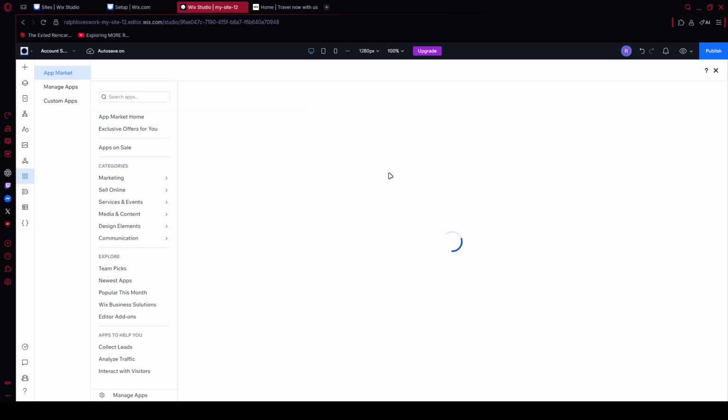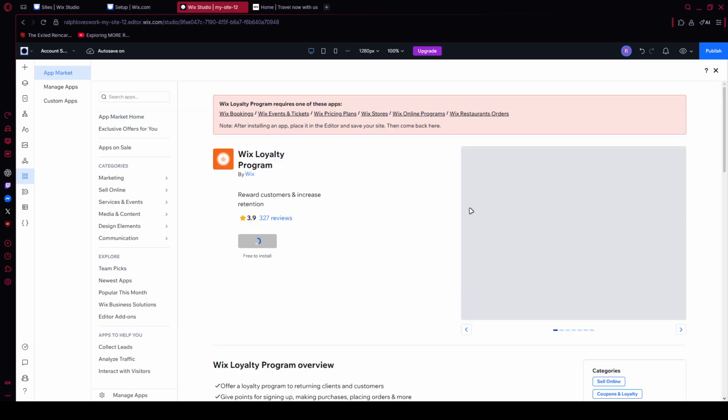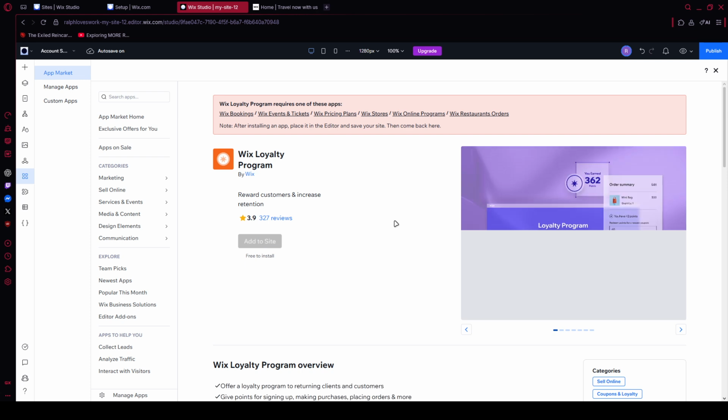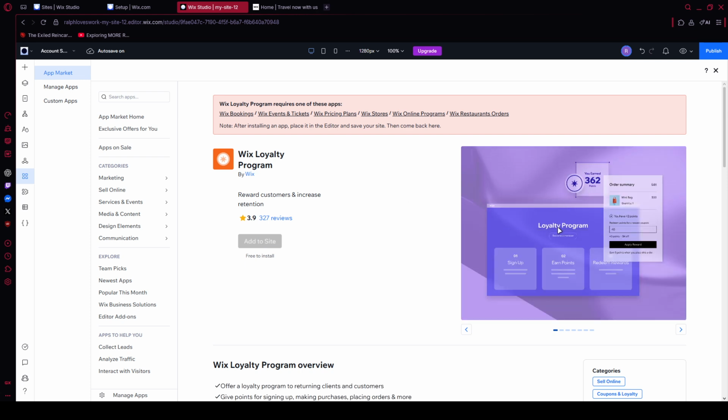That's how you create a members area on Wix. By adding the members area app, customizing the menu and pages, and optionally connecting a loyalty program, you can turn visitors into logged-in members with their own